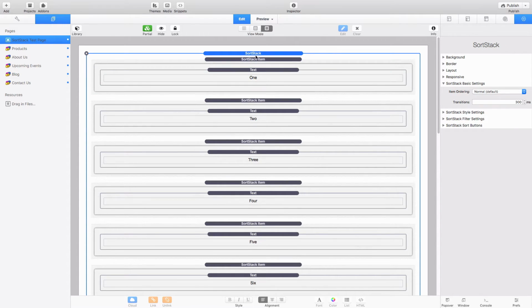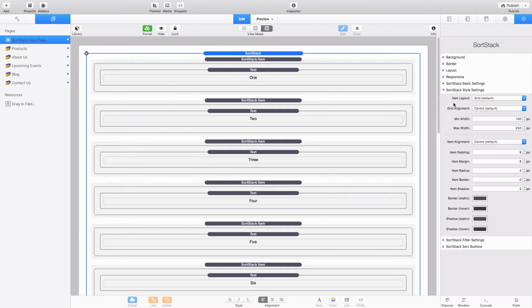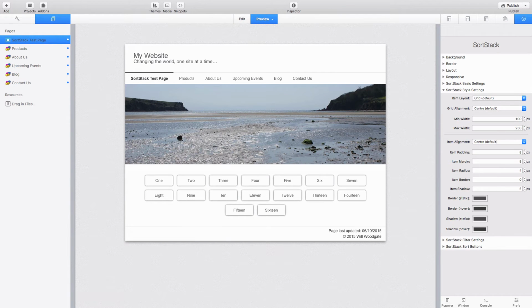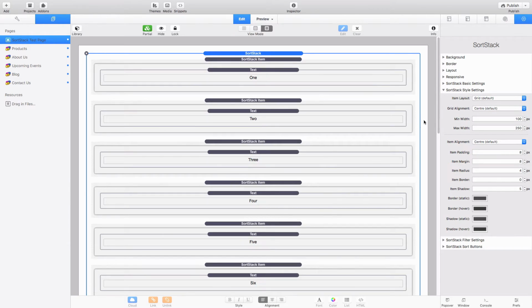So once I've got the parent SortStack selected on my page, obviously I can change the item ordering, and I can apply transitional effects. The actual style of my items I can change. By default we display everything in grid format, which is exactly what we've got here now. So we've got these items 1 to 16 and they're displayed in a grid,